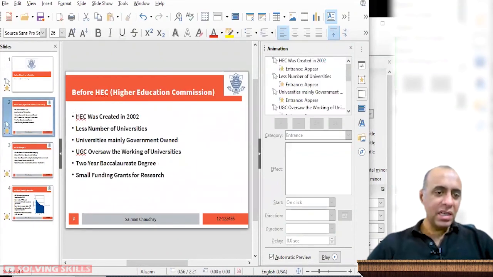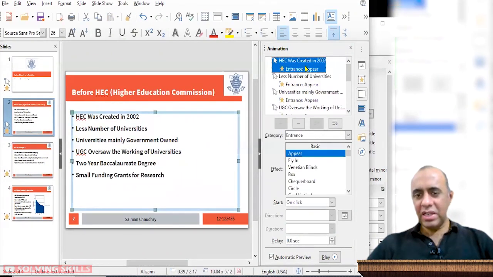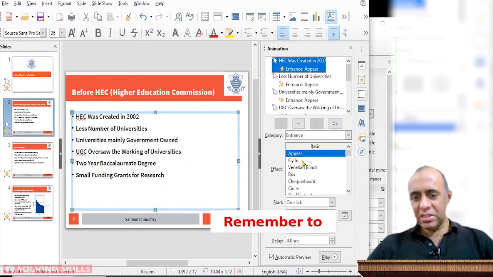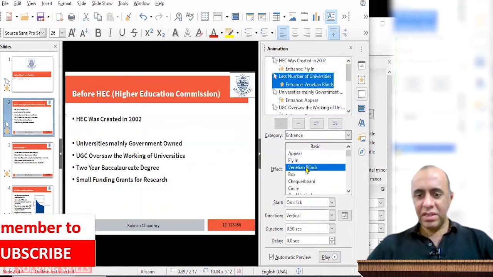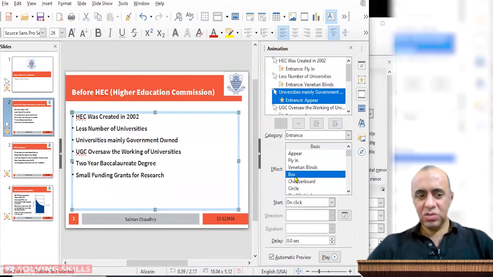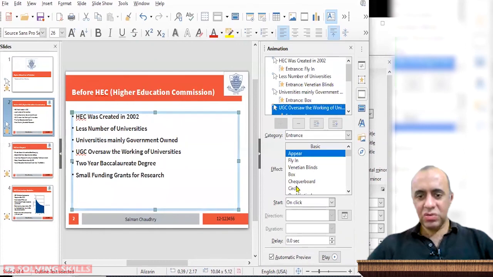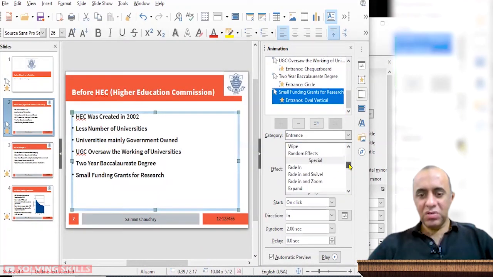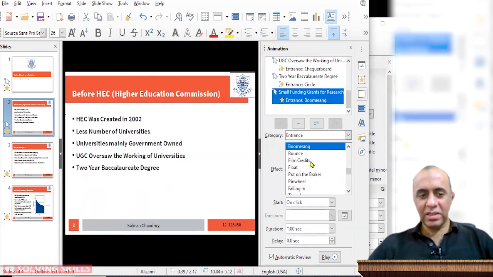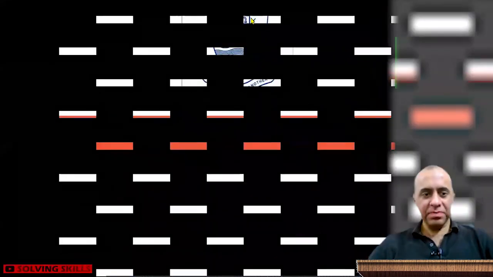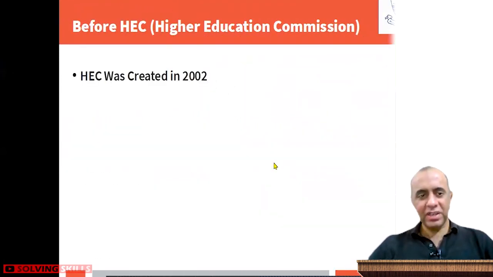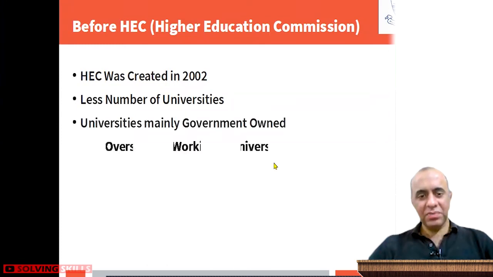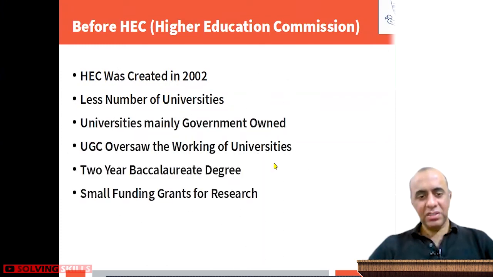The second thing is that you can go to the first line animation, which is for what HEC was created in 2002, and you can change the styles, like for example fly in, and for the second one I can choose Venetian blinds. The third one I can choose box, and for the fourth one I can choose checkerboard, right? You can go through these, and you will find maybe some like boomerang. So now let's have a look at these. You can fast forward everything by simply clicking on the slide, and except for the slide transition, everything can be fast forwarded. Now you see every line is appearing with a different animation style, right?